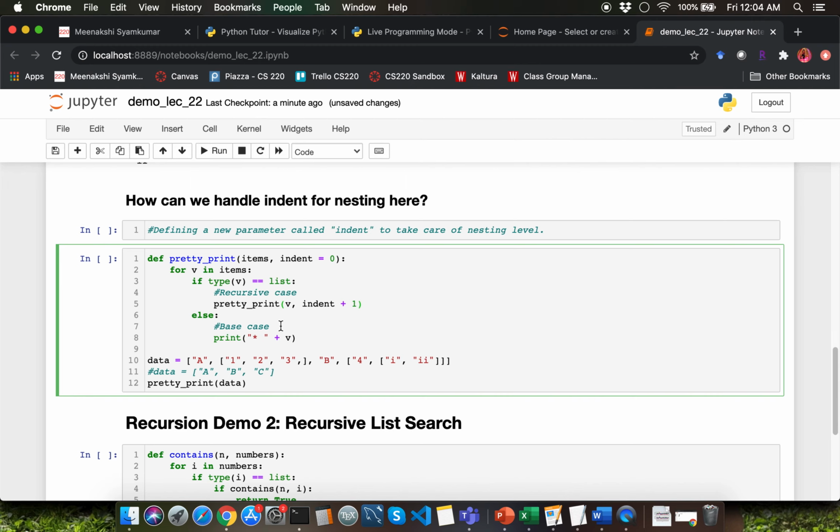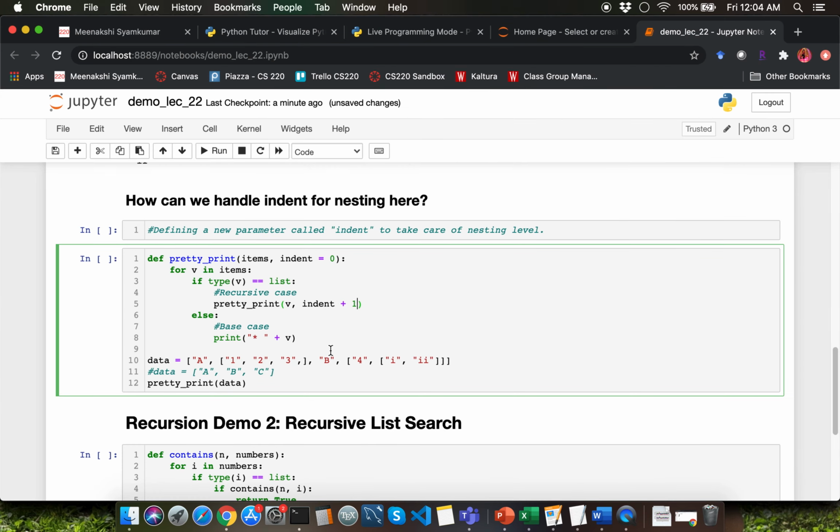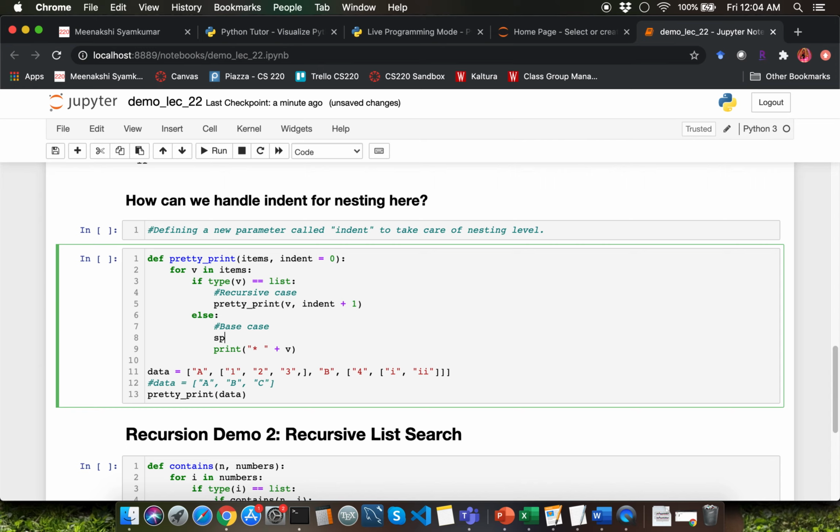So what do we do with the indent? We calculate the number of spaces that we want to print depending on the indent level. So let me go ahead and define a variable called spaces, and I'm going to multiply spaces by the current value of indent, and I'm going to add the spaces before we print the bullet point over here.